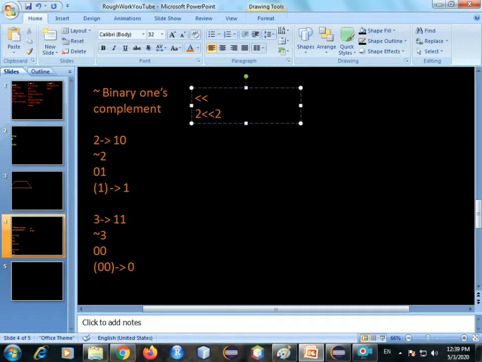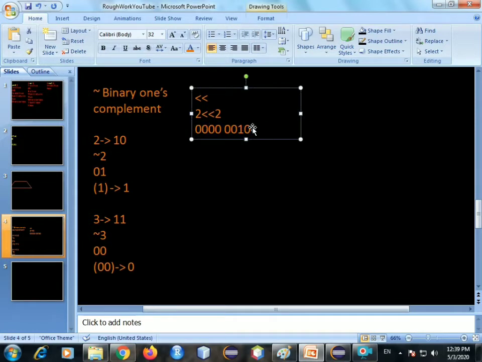I want to shift 2 by 2 places. 2 is again represented as 1 0 in binary, but this time I'm writing it in 8-bit format so that y'all can actually understand how left shift and right shift work.